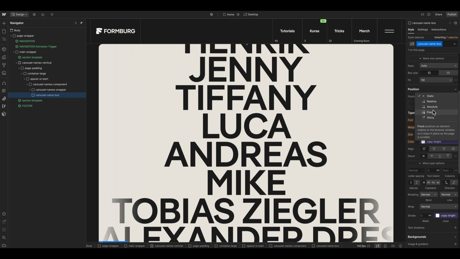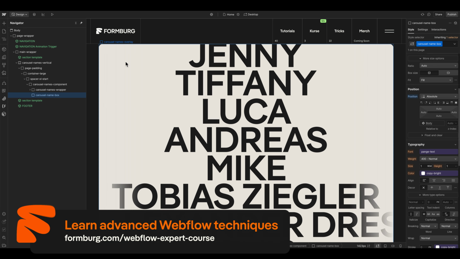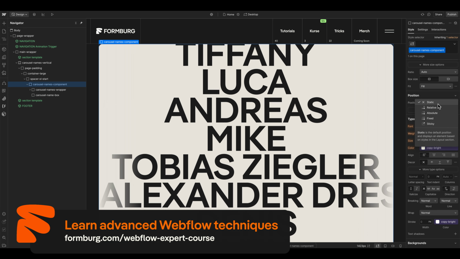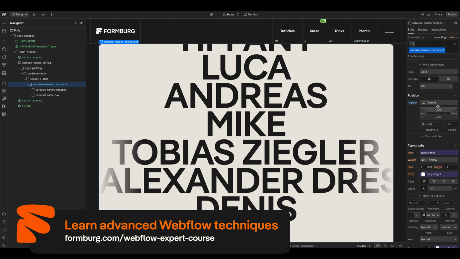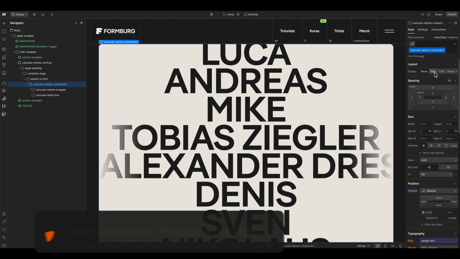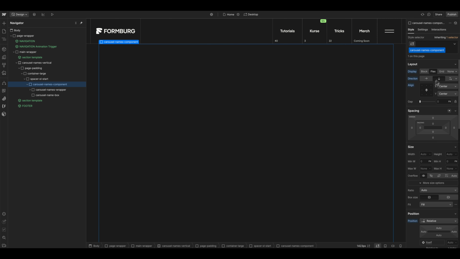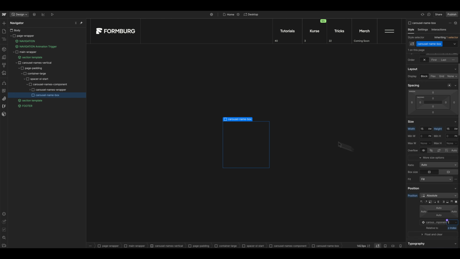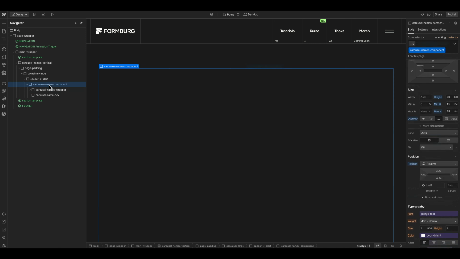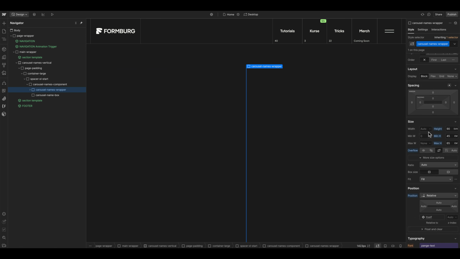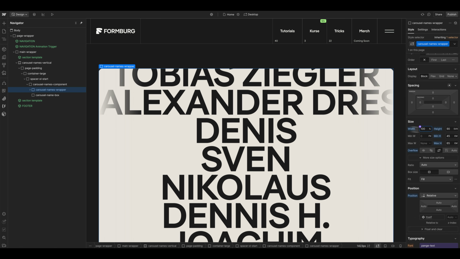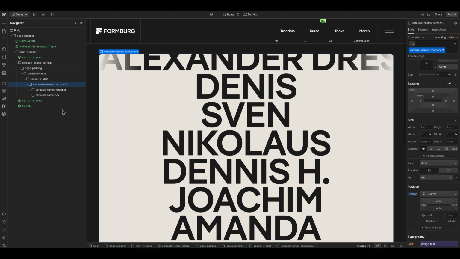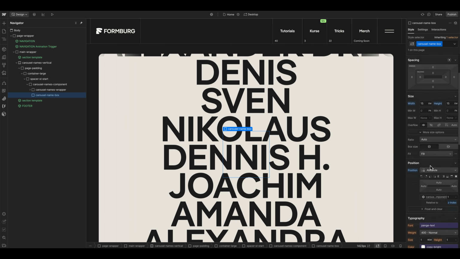Give it position absolute, and it should be orienting on the component parent element, and this one should also center all the children. So the content box should be above all the others, and the carousel names wrapper, maybe let's give this 100% so it fills the component parent element. And now can we see the box? No, it's here.